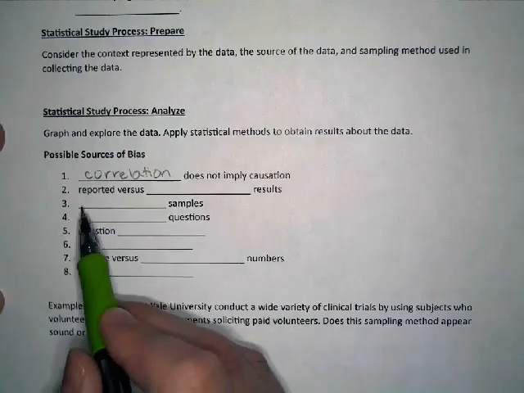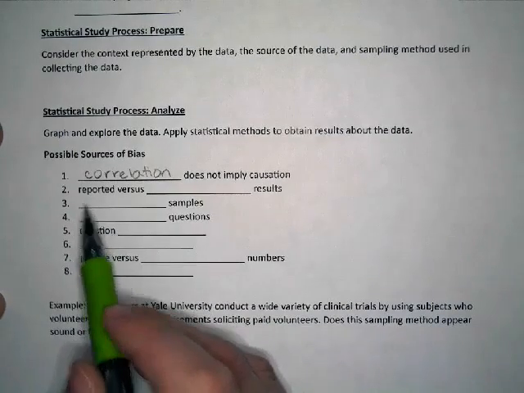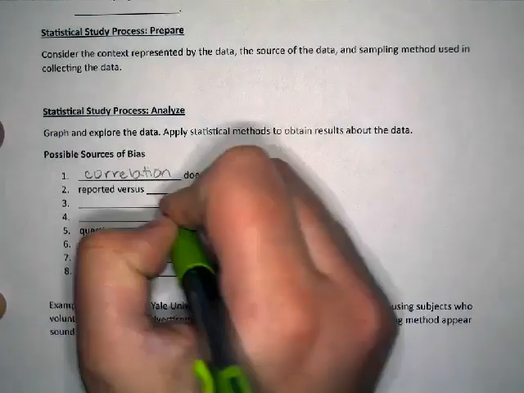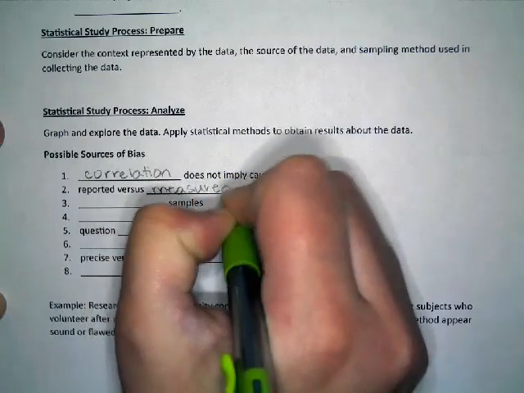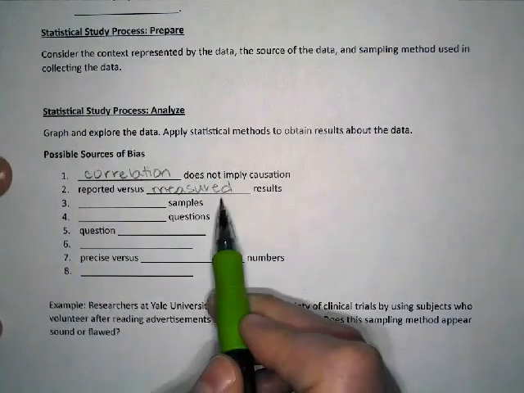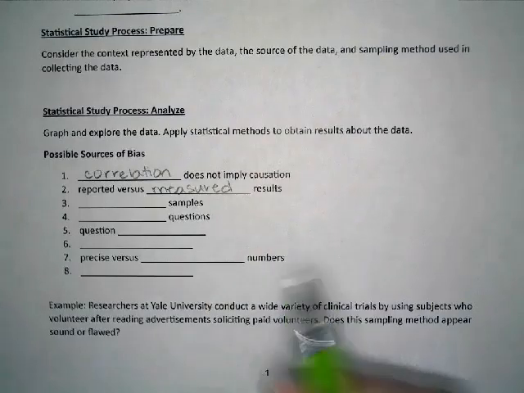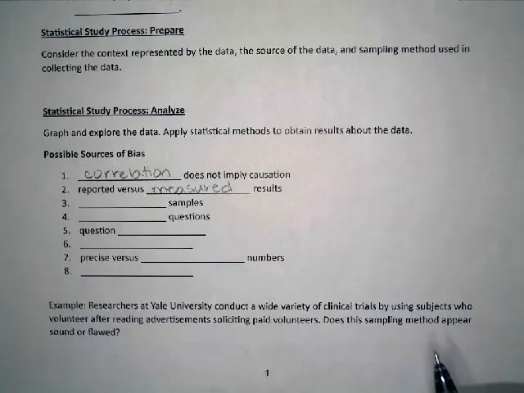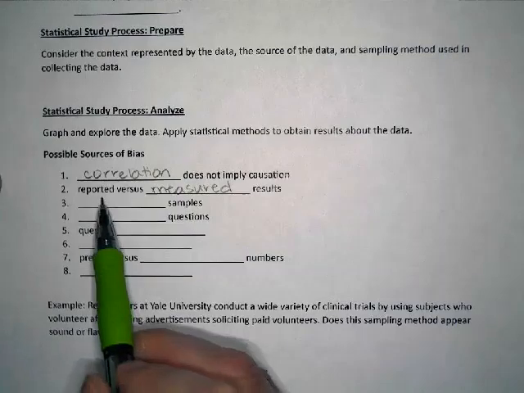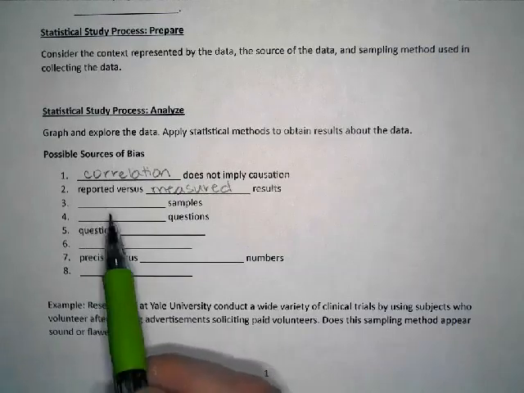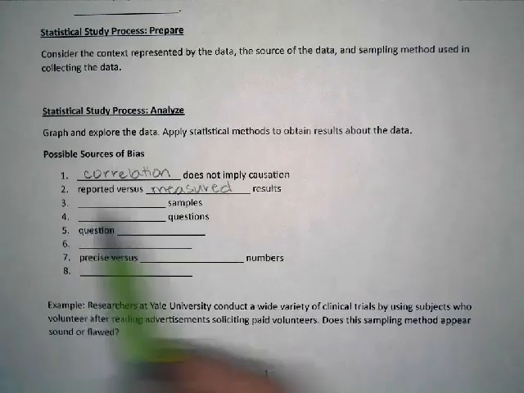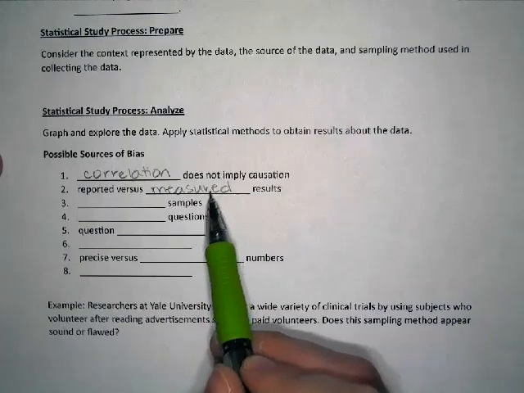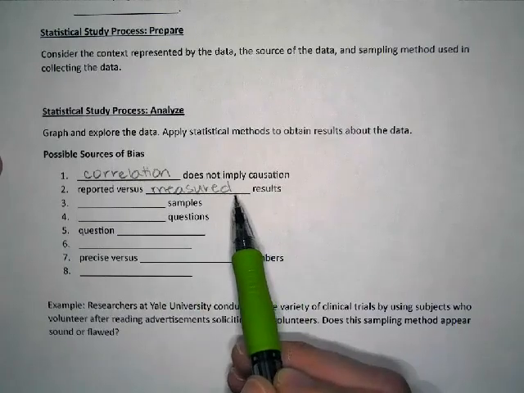The second is reported results versus measured results. So for example, we could be talking about a study of college students and their alcohol consumption before driving a vehicle. There's a difference between maybe how much alcohol the college students would report that they had before they stepped into a vehicle versus if somebody was watching them drink and measuring their alcohol consumption in a situation where they